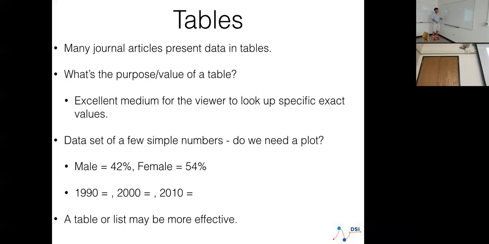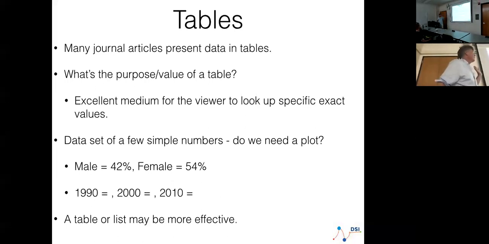There's nothing good about it in terms of composition, and there's so much cognitive overload to actually read and look at it. For two or three or four points, you can put it in a table or you can put it in text. So there's a general principle.